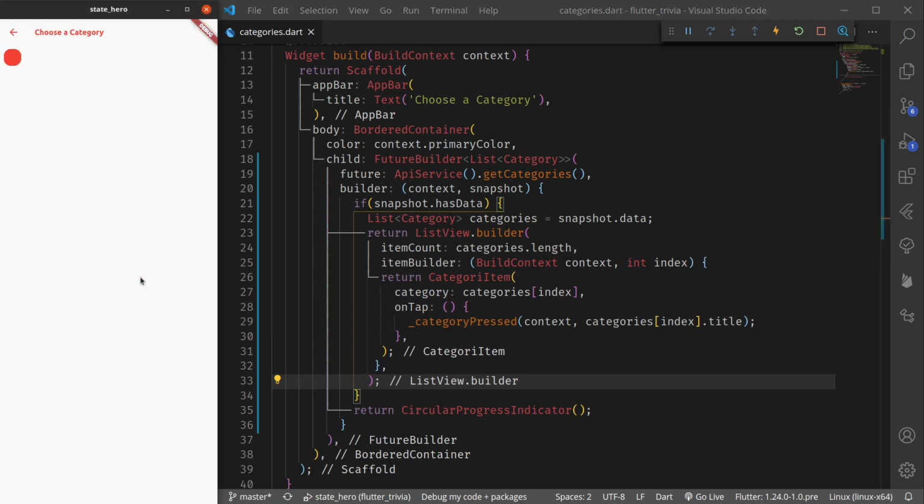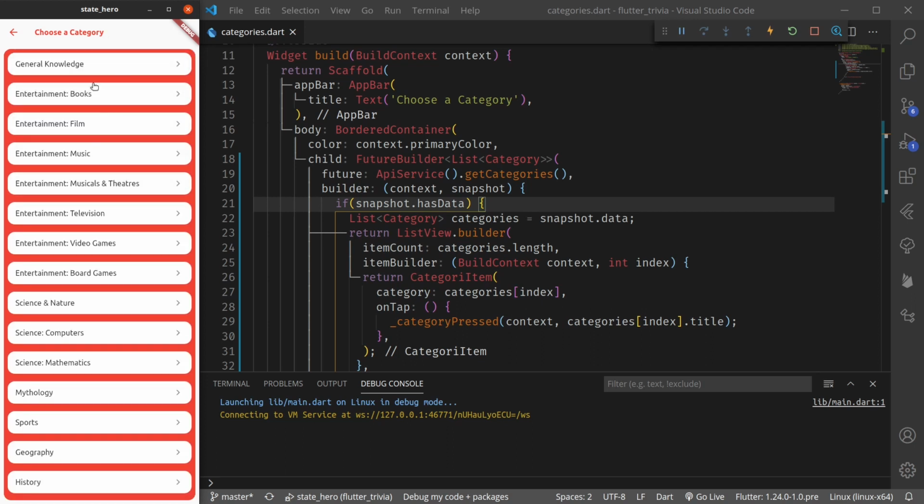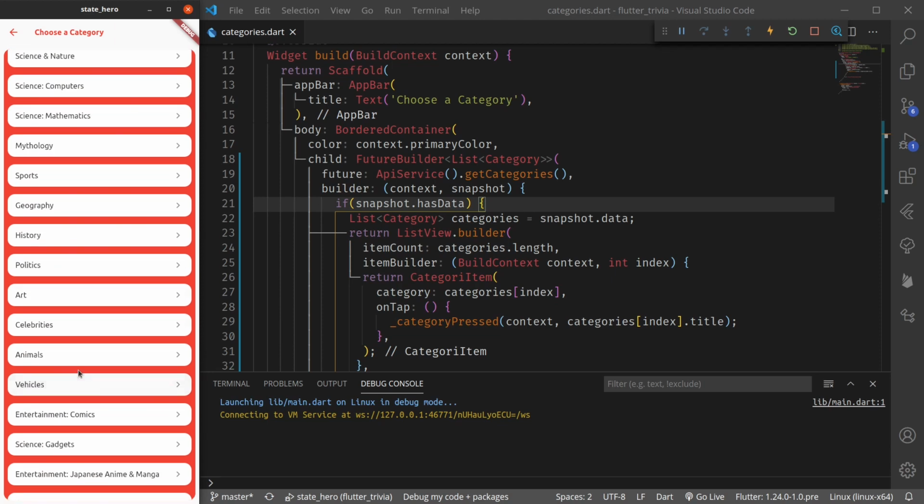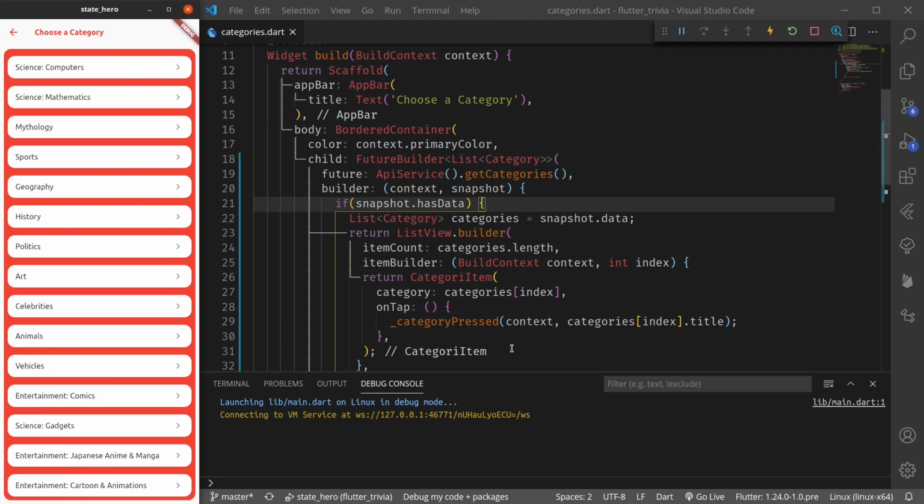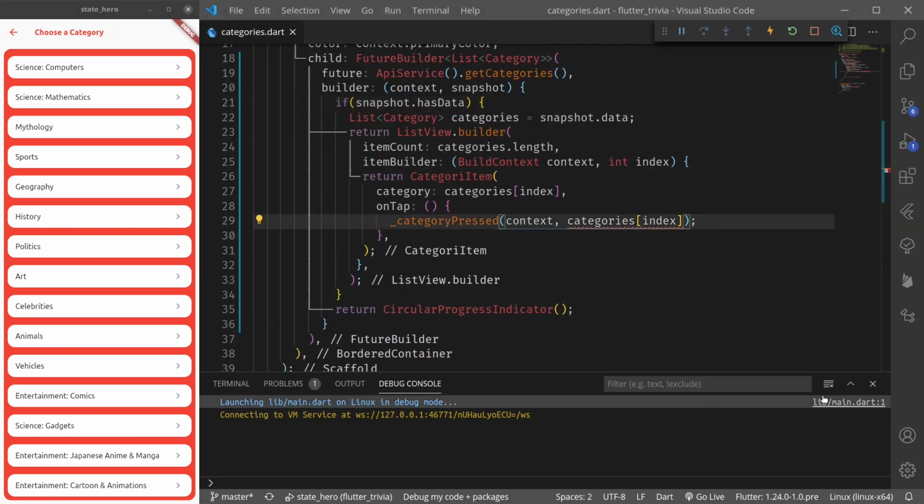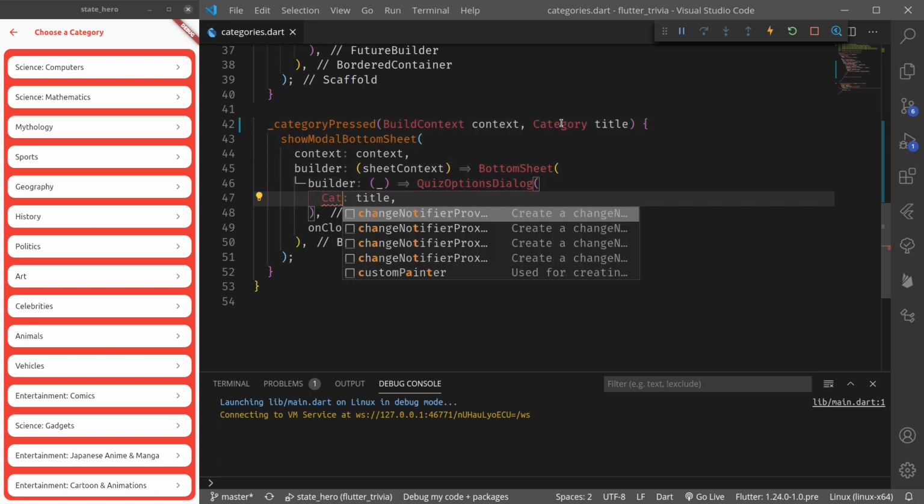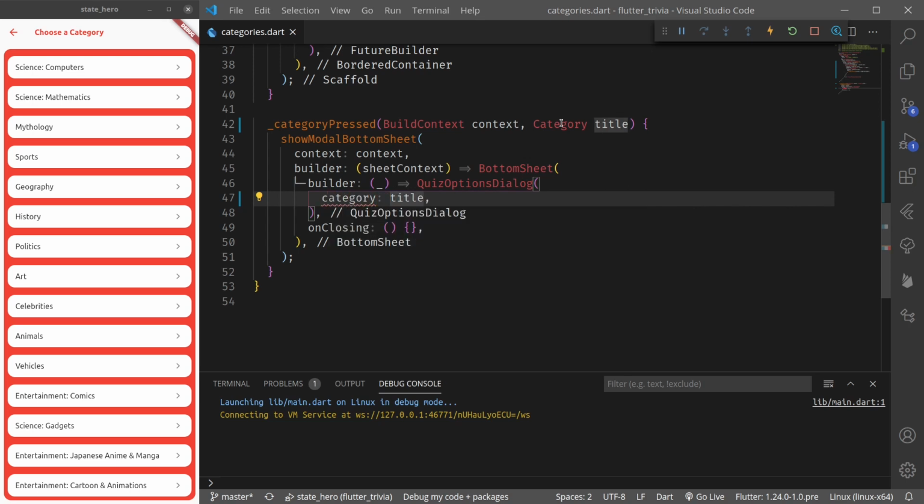Let's tap play now. If everything goes correctly, we should be able to view the list of categories from our API here in our application. Okay, so we are able to get the list of categories. Now let us make a few more changes. So here, instead of passing the title, we'll pass the category in category pressed, and let's change this to category, and this should be category,